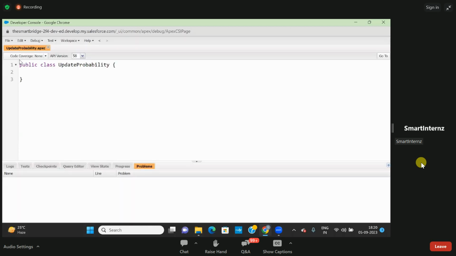Okay, have you understood that use case, or do I need to write it over here? So I'm writing this use case. If you are not getting my point, the use case: we want to update the probability field on the opportunity